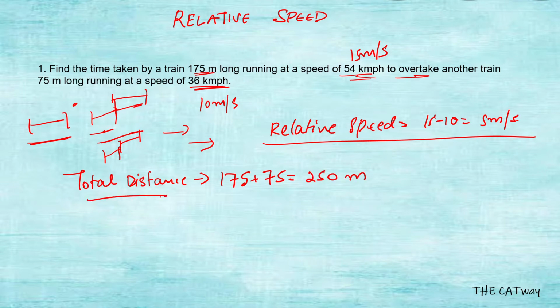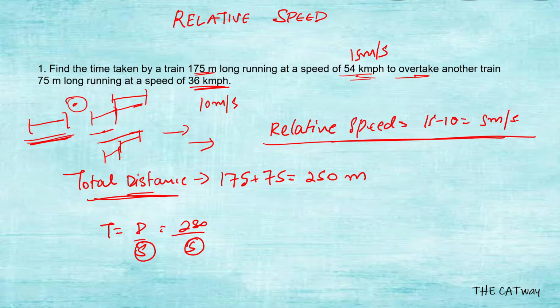So now we have a distance, we have a speed. The other things will always remain the same. So that means we have to find out the time. So time is equal to distance upon speed. So it will be 250 divided by relative speed. In case of speed, we take relative speed because there are two objects in there, and distance also we take accordingly. If there is a very small object with respect to the train, only the distance of the train; with a platform, the distance of both train and platform; with two trains, the distance of both. So this is how we do it. So 250 by 5, it would give me 50 seconds as my answer.